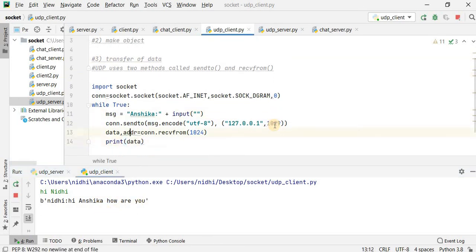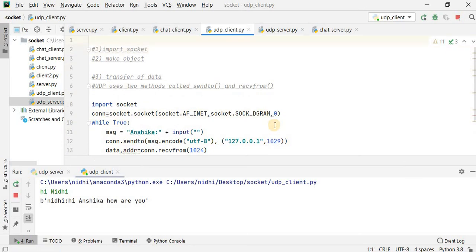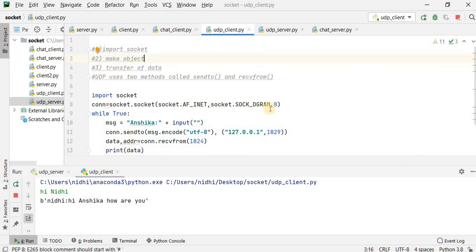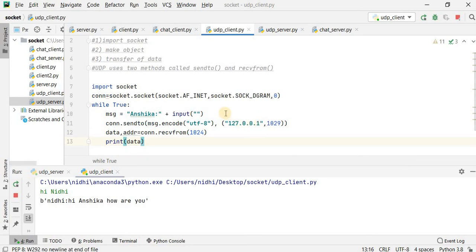So this is the simple program of client and server applications of the chatting type by using the TCP as well as the UDP. So I think all of the concepts and steps of the socket programming implementation in Python are now clear to all of the students. Still, if you have any doubts regarding how to call a particular thing, that will not be the case, because I explained how we can call the socket and the object. The other thing depends on your programming functionality, like how confident you are in Python.